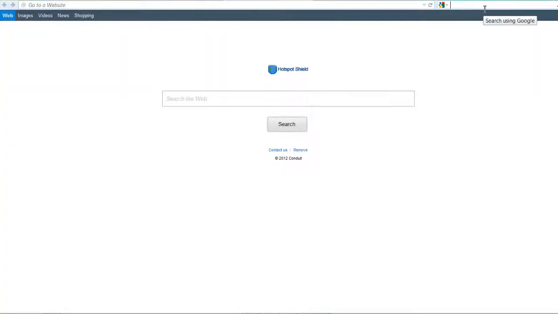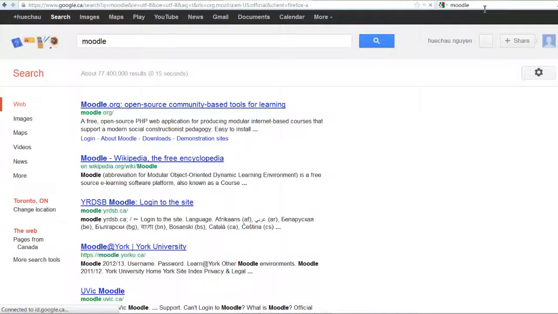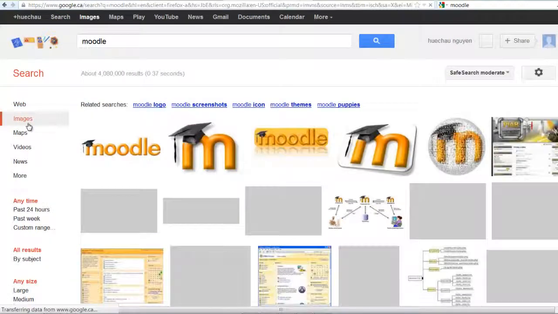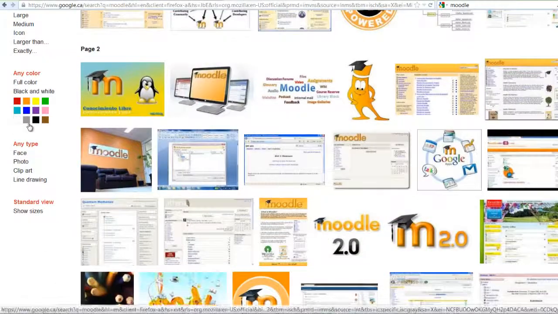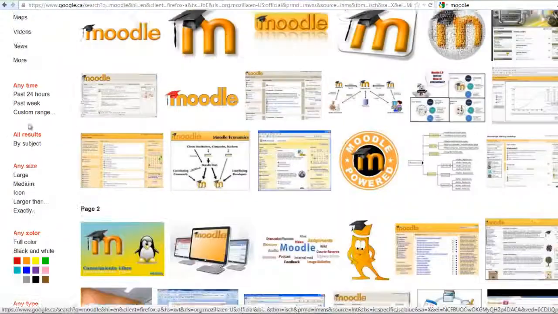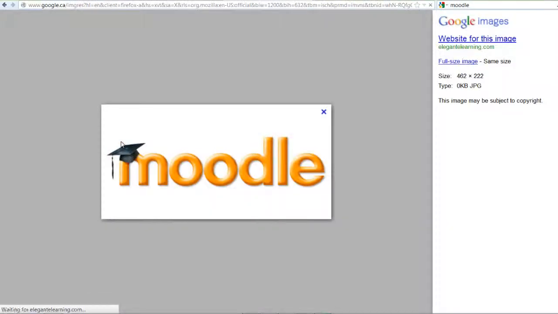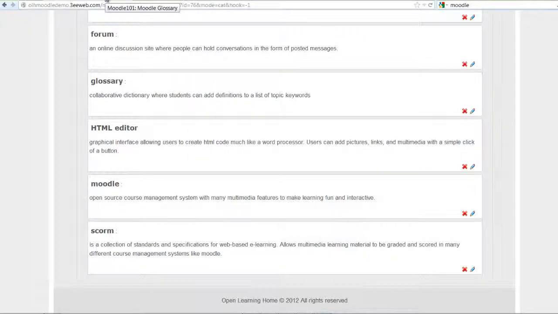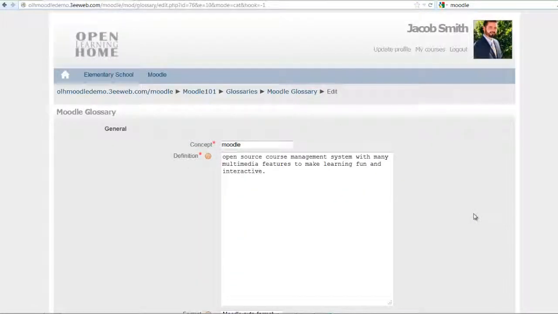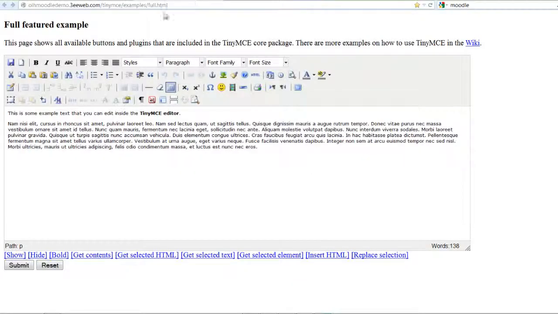So I'm going to search for an image of Moodle. Searching under images. And I'll use this image. Go to full size image and click on the URL of this image, and under Moodle I'll click edit. Sorry, first I have to